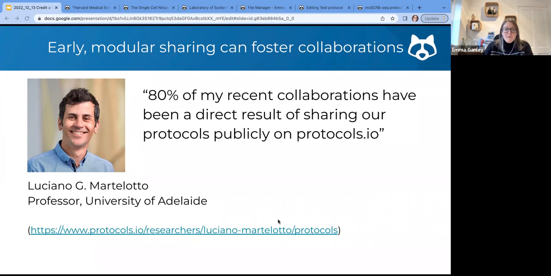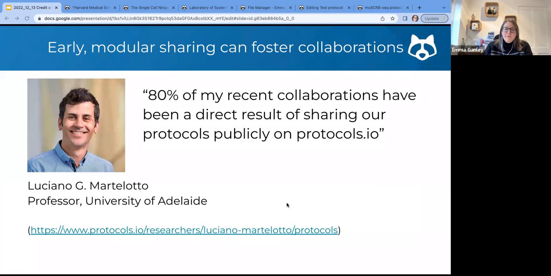And from the publishing perspective, sharing on protocols.io gives your method visibility. It lets you engage with the people who are using the method, as you've just seen, and makes it a central place where you can iterate and share corrections and optimizations very easily and guide everyone naturally to the newer versions of the protocol.